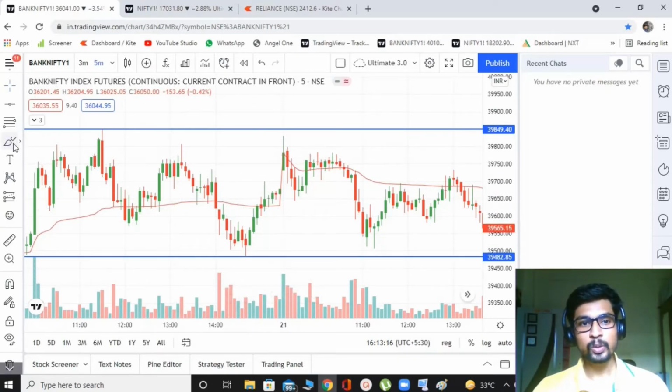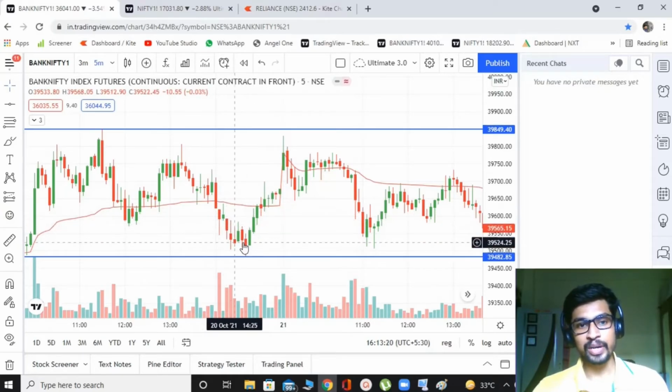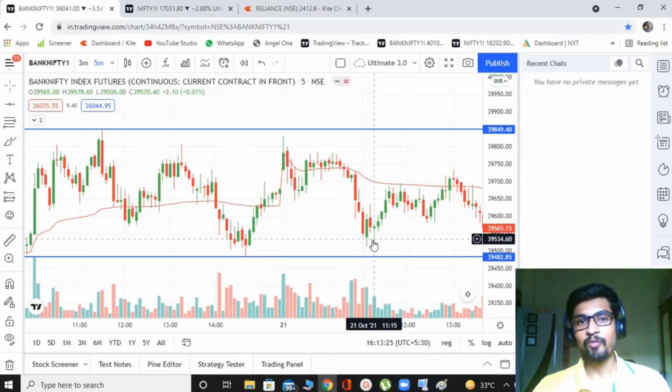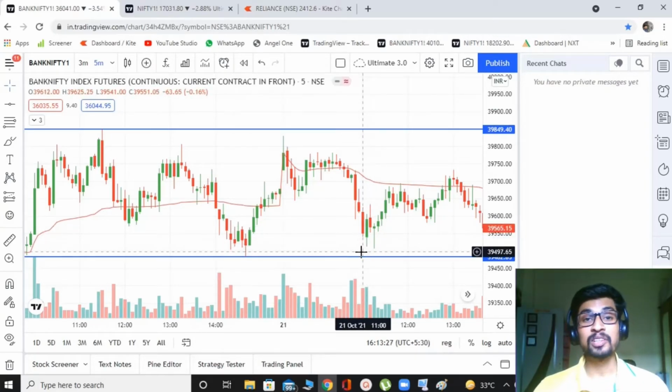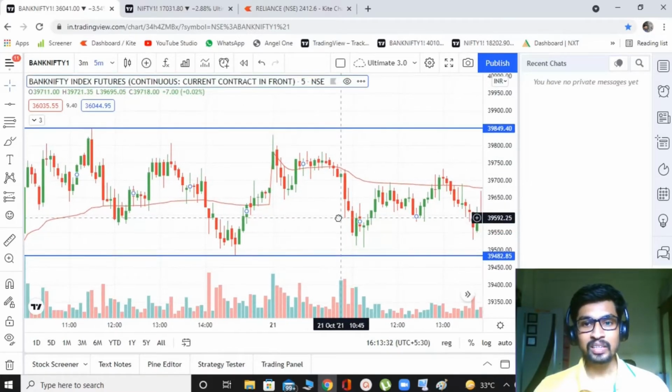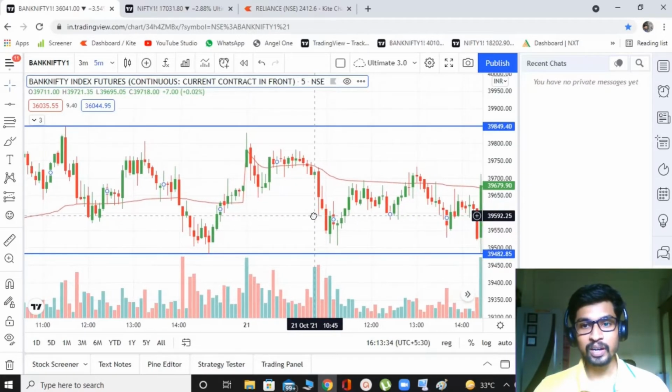So what people are going to do essentially is accumulate at these levels, right? People are going to accumulate Bank Nifty at these levels. What happens next will probably surprise you. Let's see. This is Bank Nifty. Bank Nifty just doing its regular thing, and